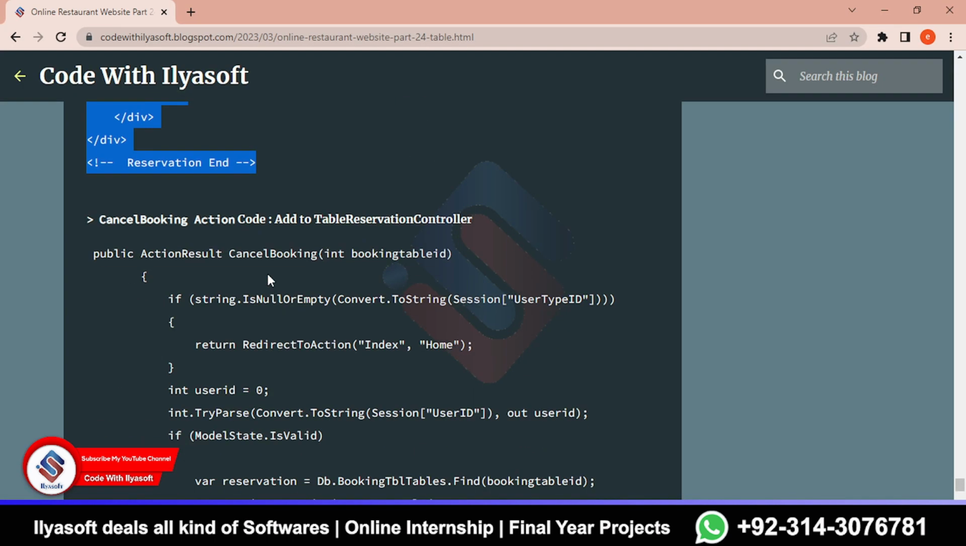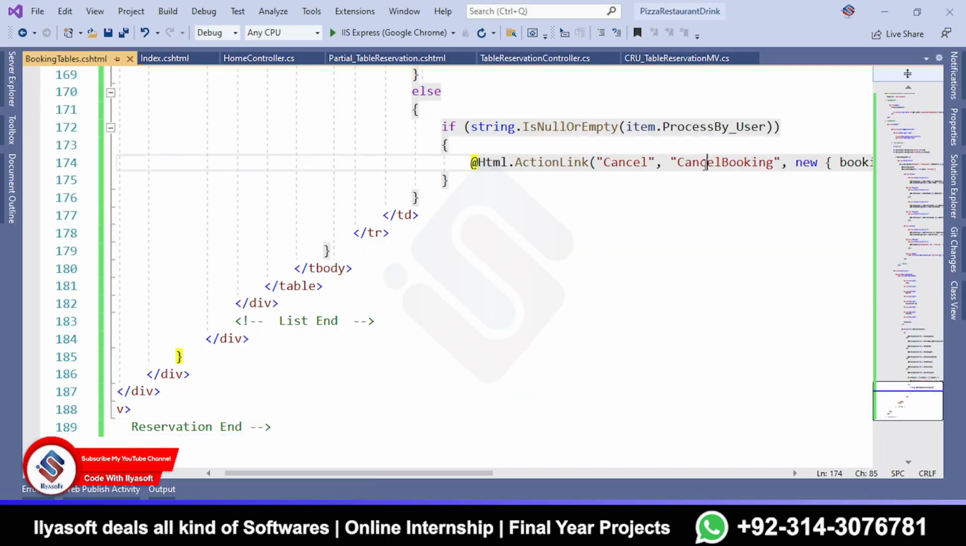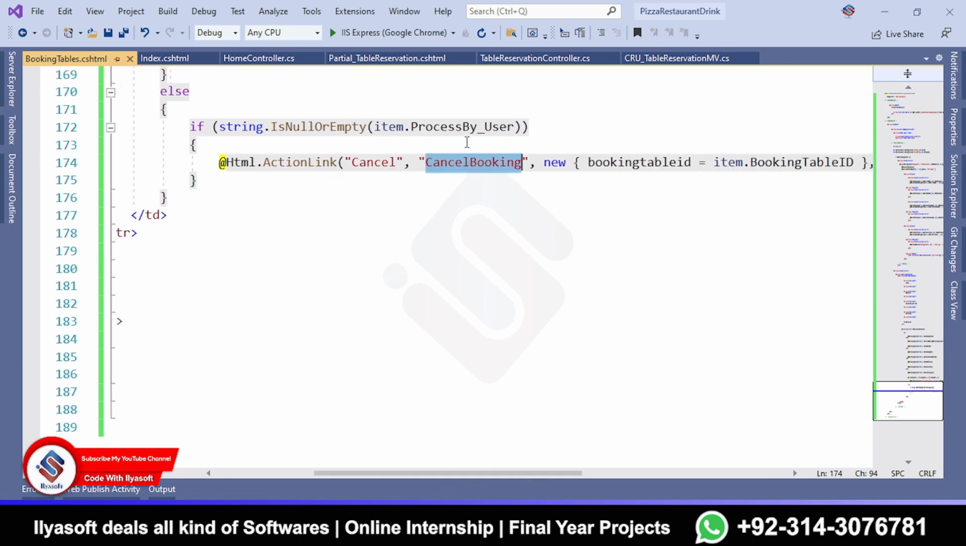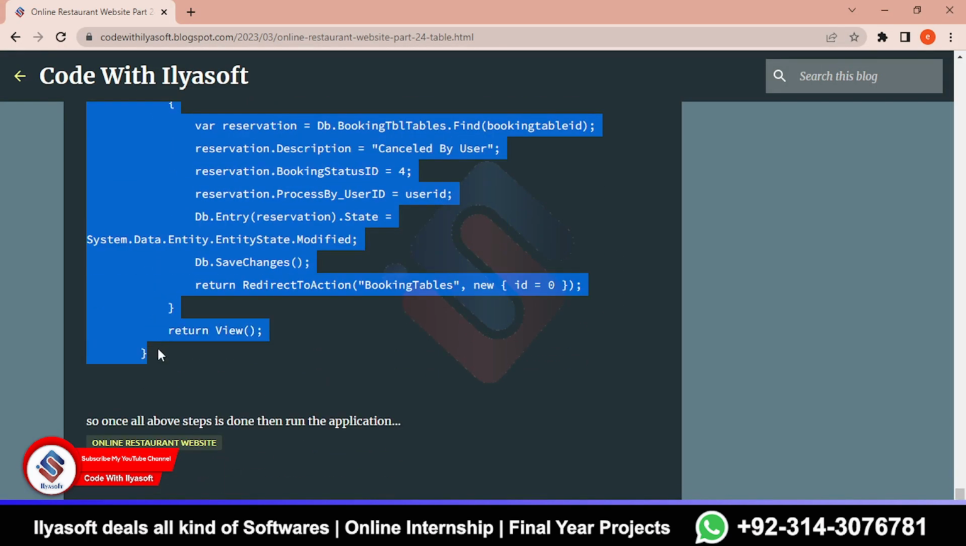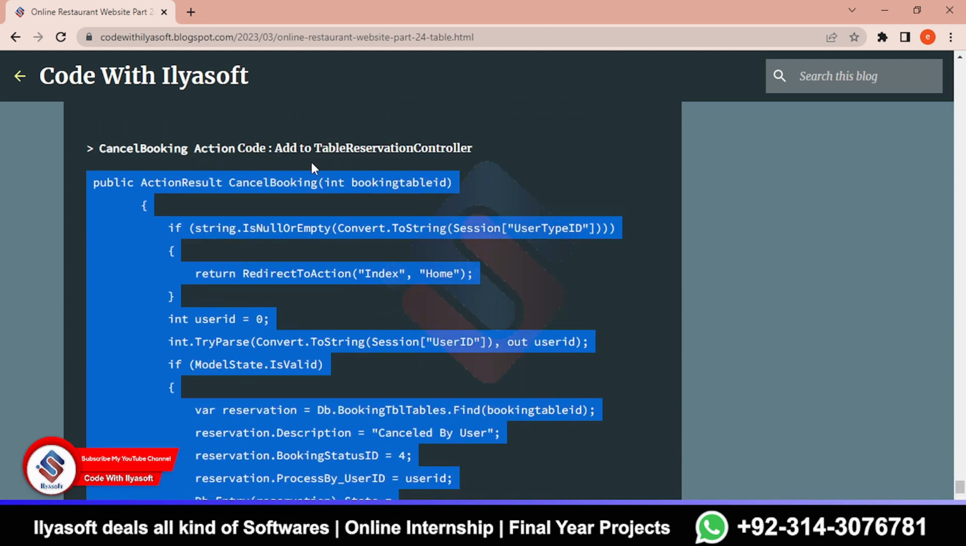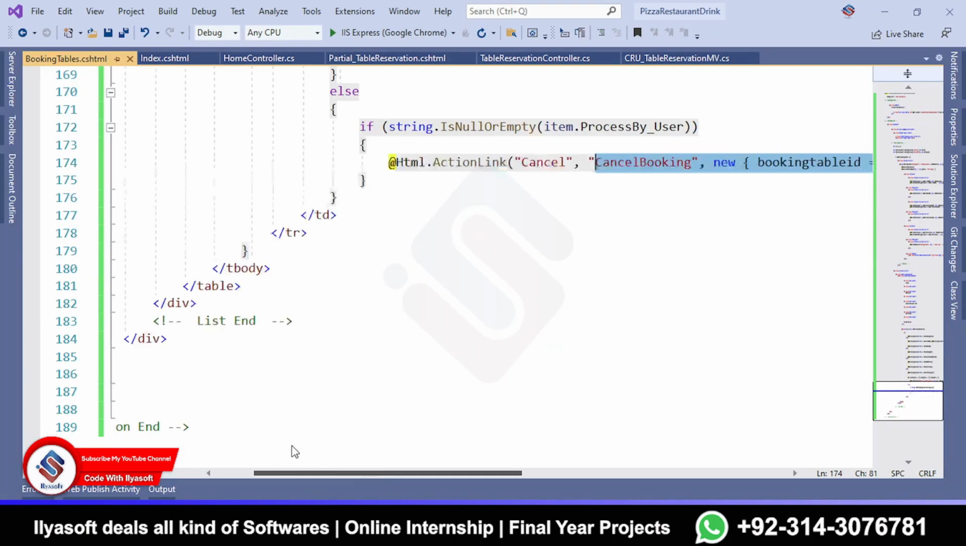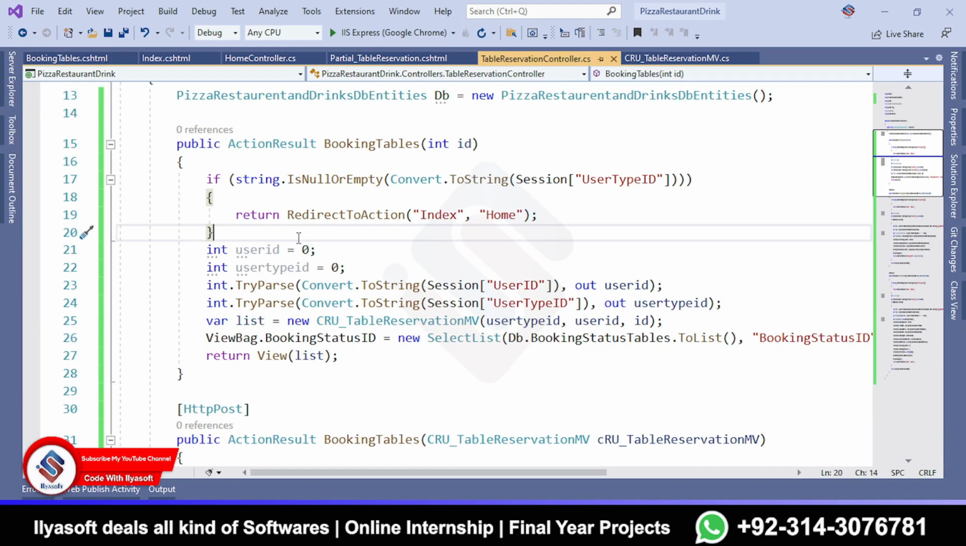The next, we are going to create the method for cancel booking. This button has this action. We call this action, this is the cancel booking action, and this is the parameter, and then pass the booking table id. By using this action, the user will cancel the reservation directly. So now I'm going to copy this method and simply add it to the table reservation controller. So copy, and then I'm going to the table reservation controller,